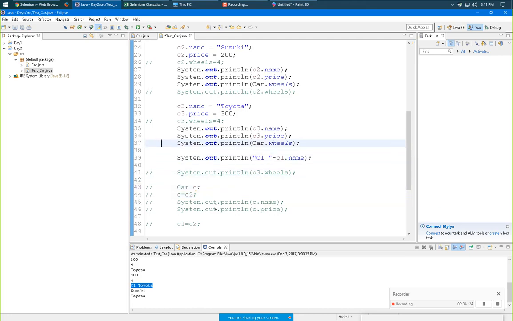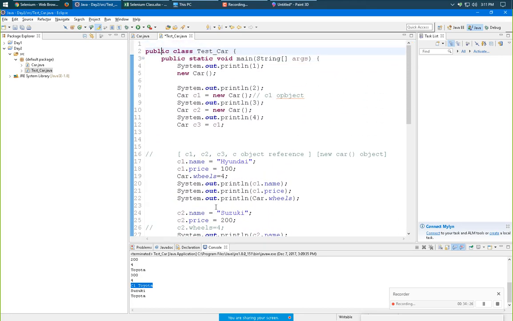But then I got your point. So see here, C1 is equal to new car. Now new car is a new object, and now C3 is equal to C1.